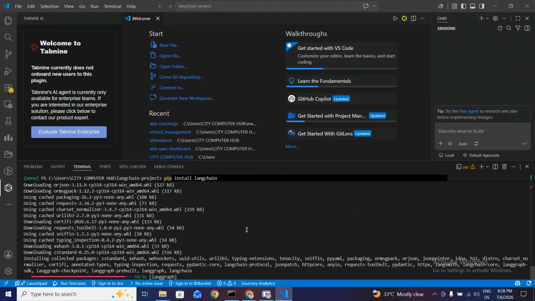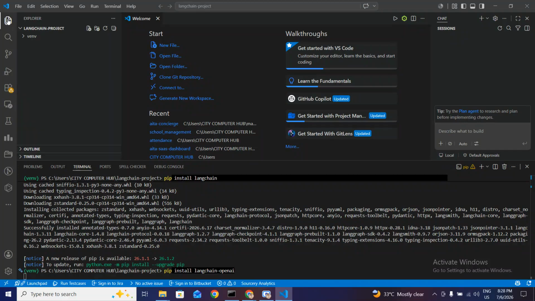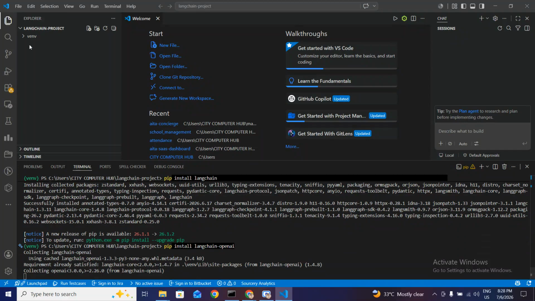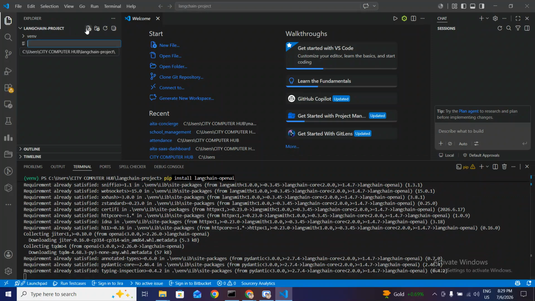So installation will take some time. Let's set up our LangChain OpenAI. Let's create our folder structure then. Let's create our app.py